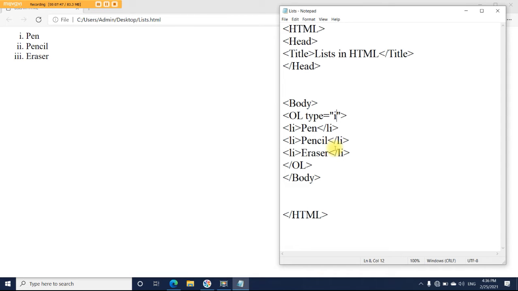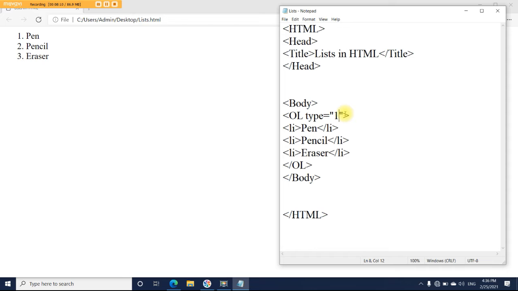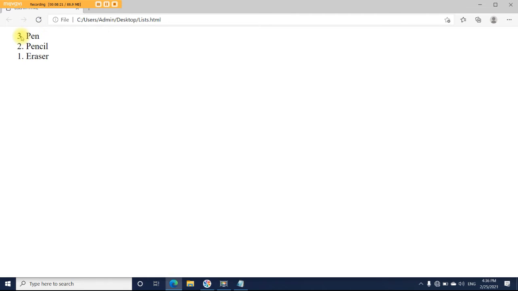If I want to reverse this ordered list, what to do to reverse the ordered list? For that, I have to use the reversed attribute. First of all, I am going to make it type 1 because I want from 1 to 3. I'll save this. I'll refresh this. Now I'm getting 1, 2, 3 on my output screen. So just here after the 1, I'll pass reversed. Save this and check here, refresh this. See, now I'm getting numbers 3, 2, 1 on the browser window as I have passed the reversed attribute.